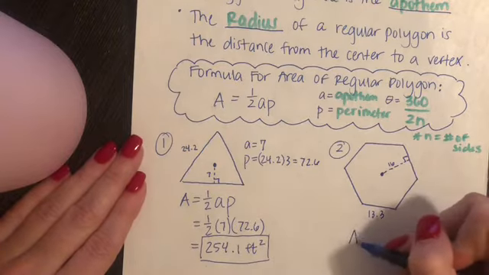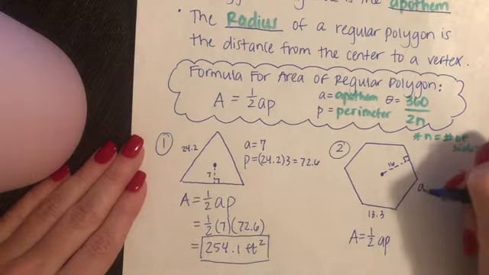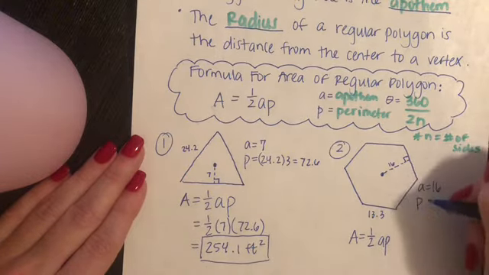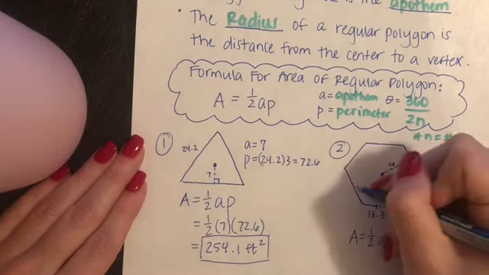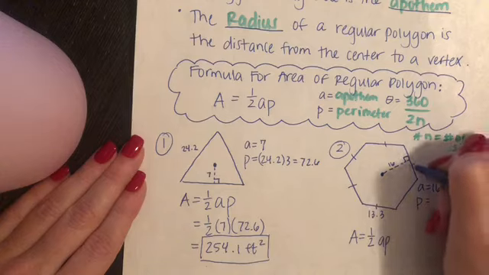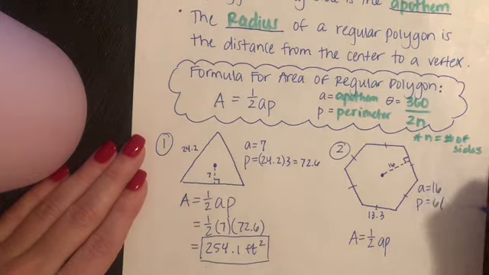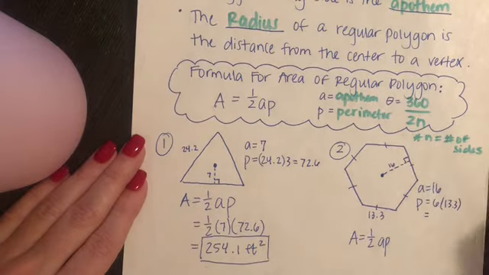Notice over here, the apothem is given and the side length is given. Okay, so I'm going to start with my formula. Okay, the apothem is 16 in this picture. The perimeter we're going to have to calculate. Well, there's 1, 2, 3, 4, 5, 6 sides. Okay, so 6 times our 13.3 is going to give us a perimeter of